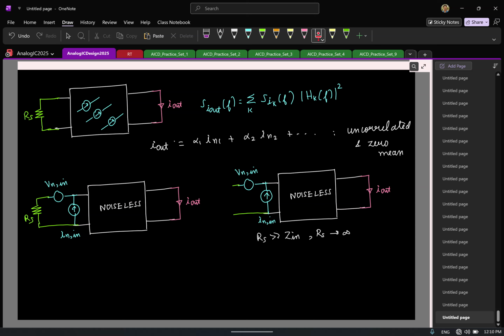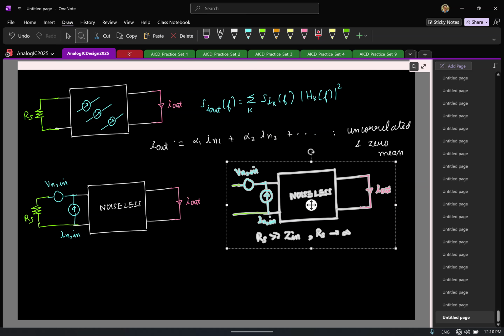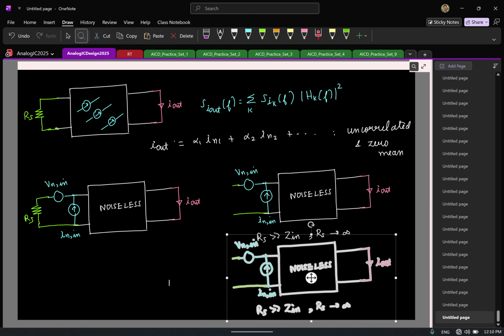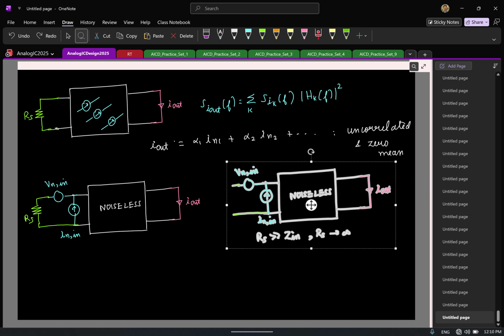So now you see that even if I make RS to be infinity, the voltage source is not contributing, but this noise current will inject the energy and result in the required noise current. Similarly, if you consider the other extreme,